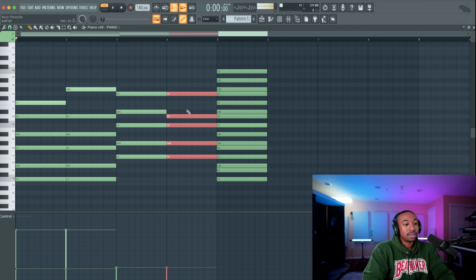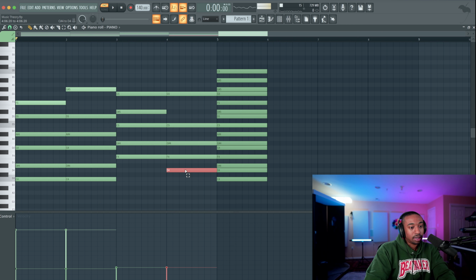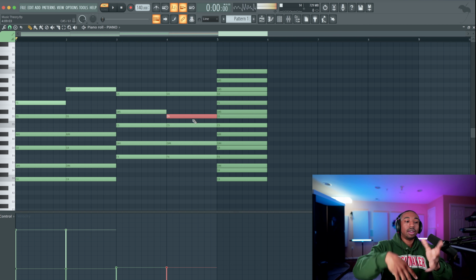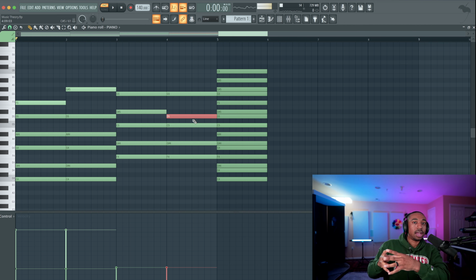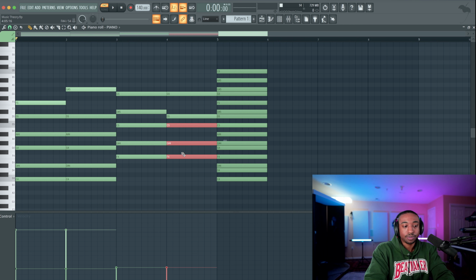So if I were to write this out, outside of just me realizing that it's really just a D, what is it? 0, 1, 2, 3, 4, 5, 6. That's diminished. If I rearrange this and figured out a different name for it, we can give it a different name. But for now, I'm just going to call it a 0, 1, 2, 3, 4, 5, 6, 7. So it's a minor triad.